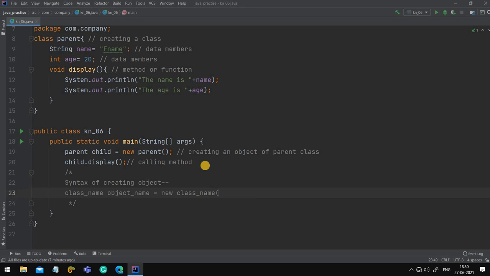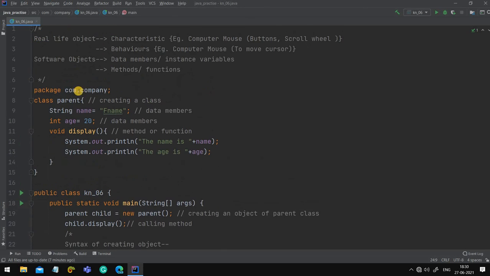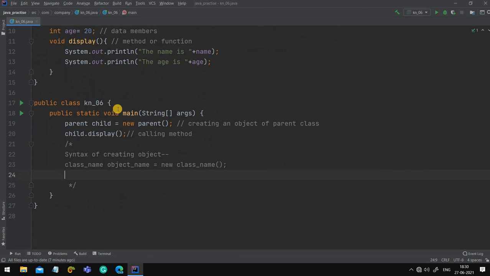This is how you create an object. How to call a method, I'll show you in tomorrow's video. Do not forget to watch it. You have to watch that video, this is for sure. So this was the concept of objects and classes.